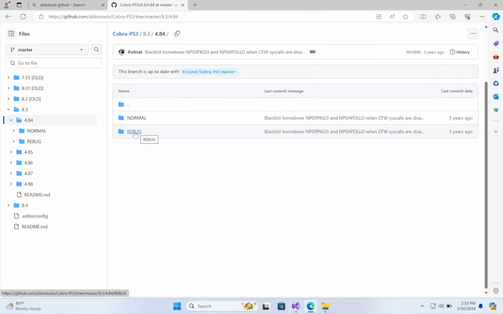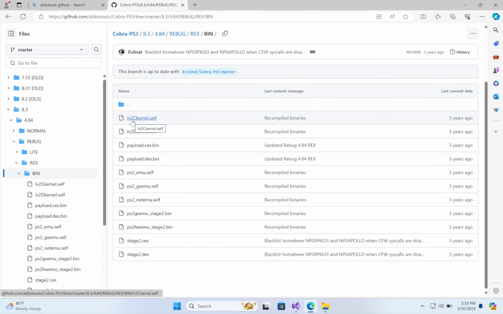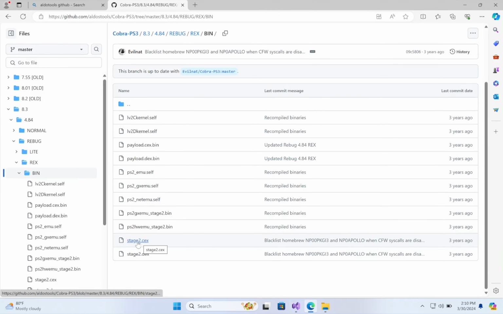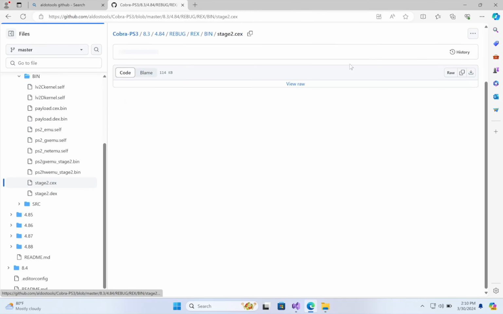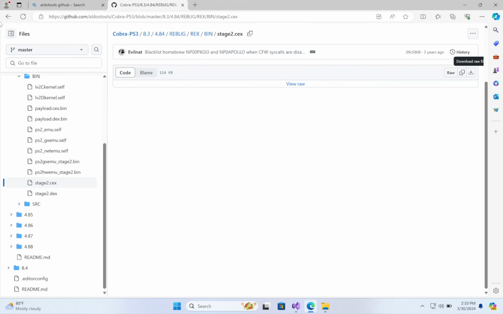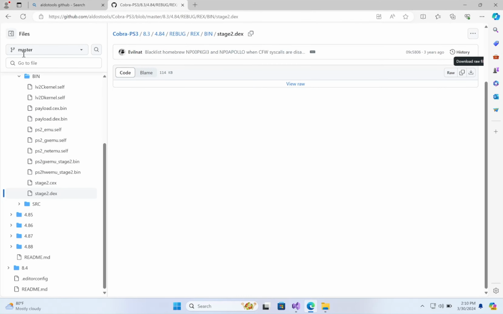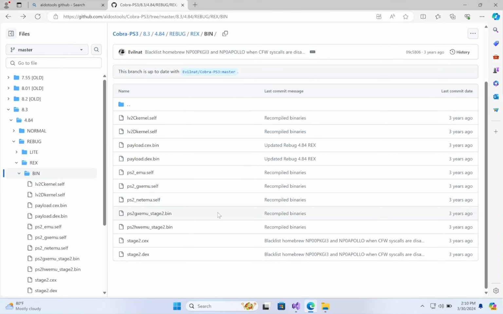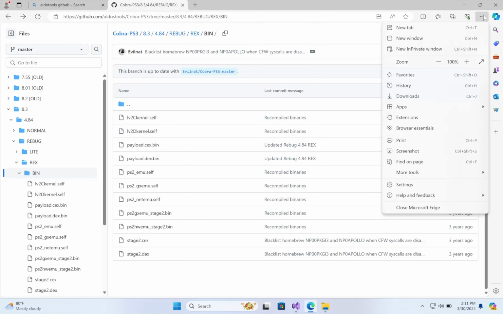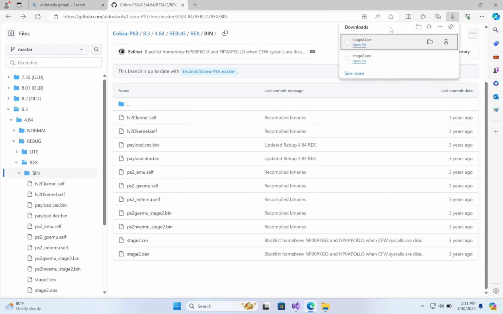Okay, so we have 4.84 up to 4.88, but we are on DEX, so let's go 4.84. I'm on Rebug, so Rebug, REX, bin, and I need to download stage 2 CEX and stage 2 DEX. Download, and stage 2 DEX, download. Remember, this is only for DEX users. So once you have those downloaded,